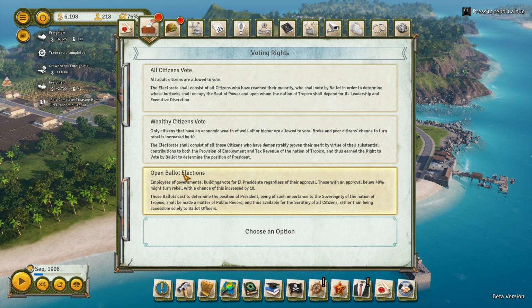And then open ballot elections. Employees of governmental buildings vote for El Presidente regardless of their approval. Those with an approval below 48% turn rebel with a chance increased by 10%. I would assume increased by 10%. I don't know. I'm thinking that we're going to want...